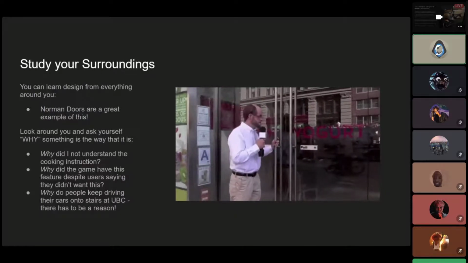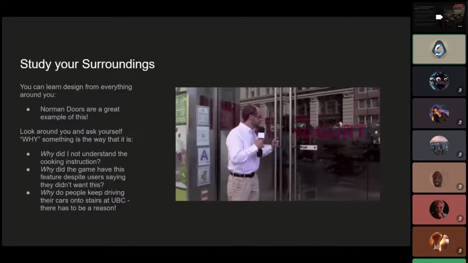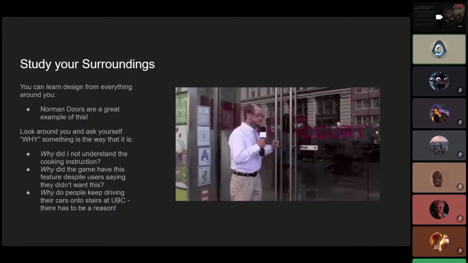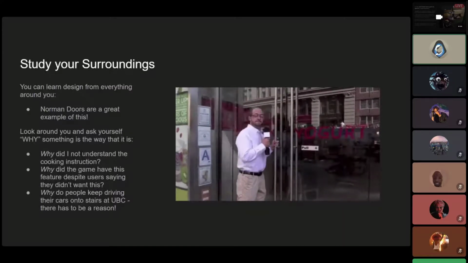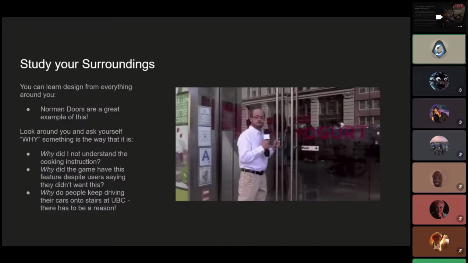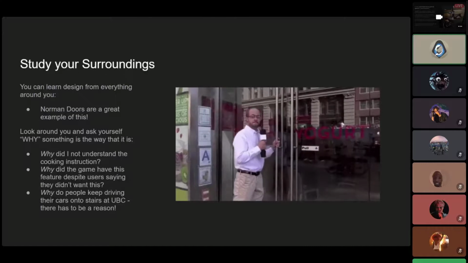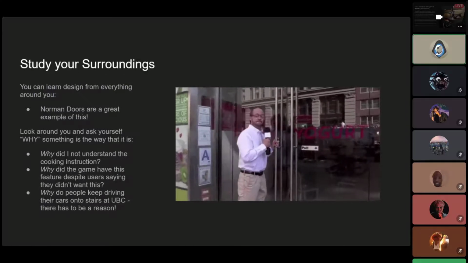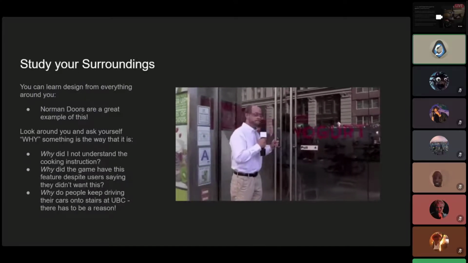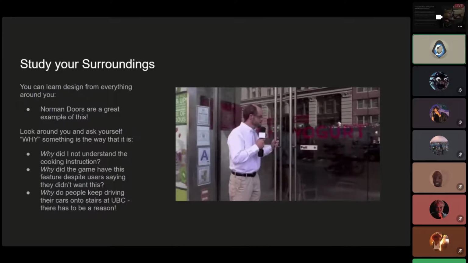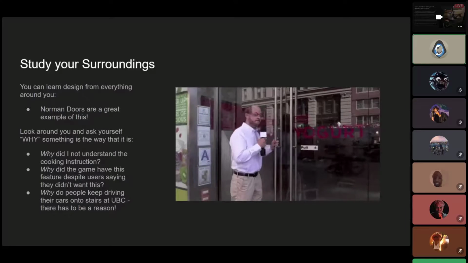The third one I have on here, I don't know if this is still a problem, I think it is: people driving their cars onto stairs at UBC. Again, that happens once, you're like, okay, maybe that's human error, sure. But that's happened enough times that you start to wonder, why do people keep doing this? Is it really because there's human error, or is it because maybe it's not obvious that you're not supposed